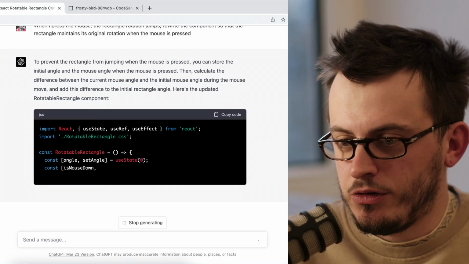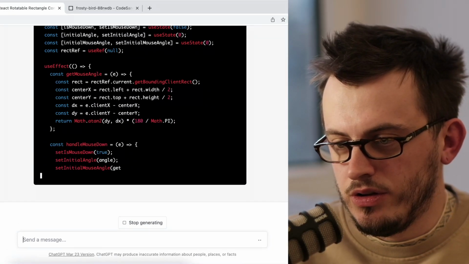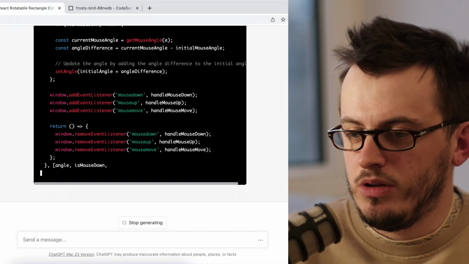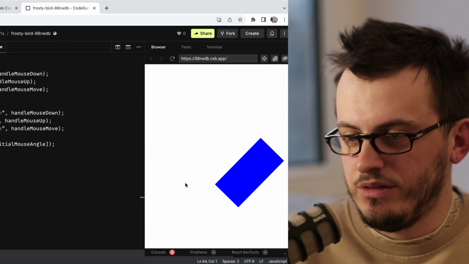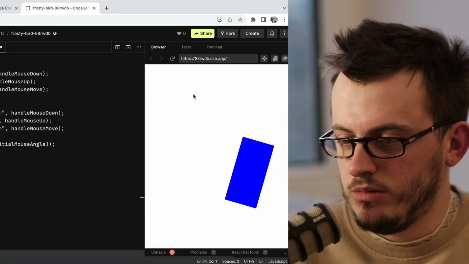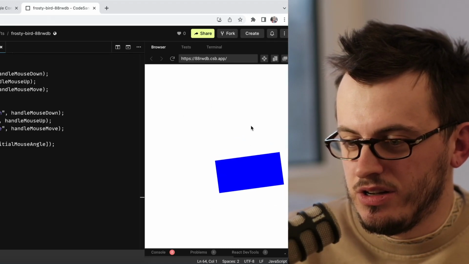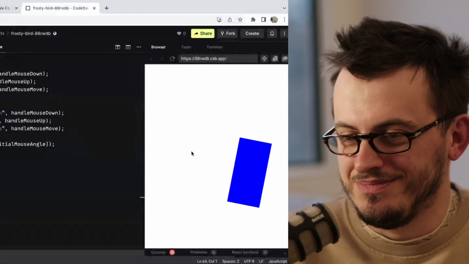So it's going to track an offset in the state and okay, cool. Let's test it. Nice. And now it works. Now it looks like something that you could use in production.